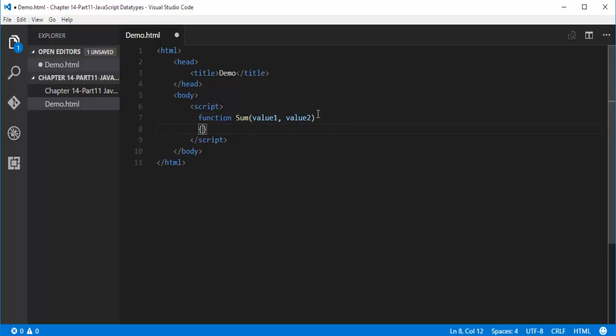So I'm having a result is equal to value 1 plus value 2. Control S. Now what I'm trying to do is function sum value 1 value 2, and I'm trying